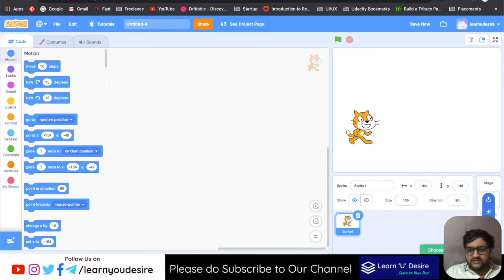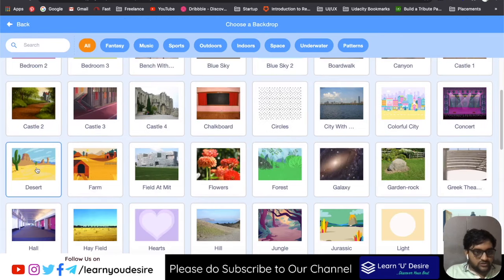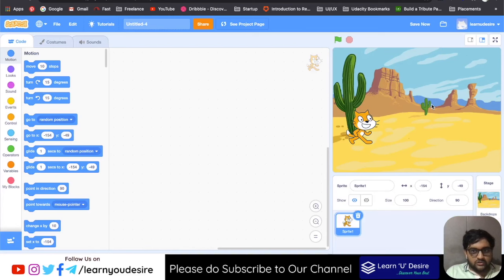Next comes the backdrop. Currently it's very empty, so you can just click and choose different backdrops as well. Let us quickly choose a desert. Yeah, so our sprite, this cat, is now in the desert. This is how you create different scenes and code how you want the sprite to move left and right, or based on your key operations, or whatever you want to make a game or something. You can drag these.